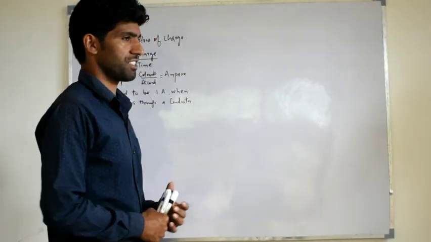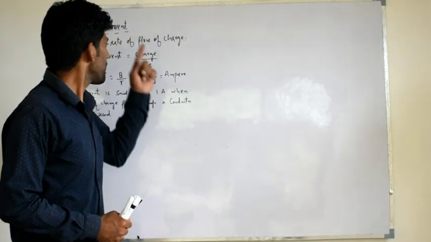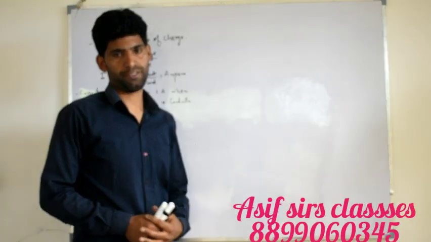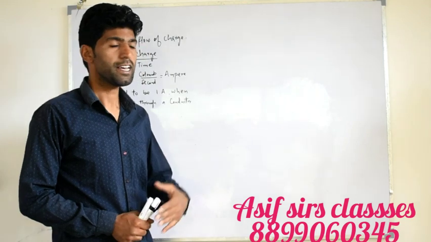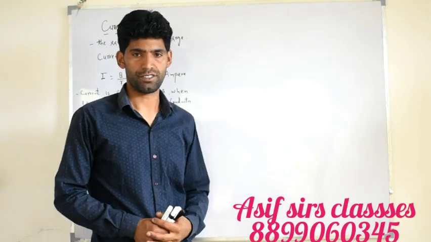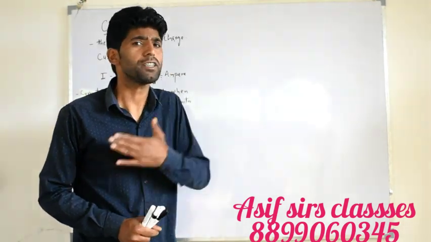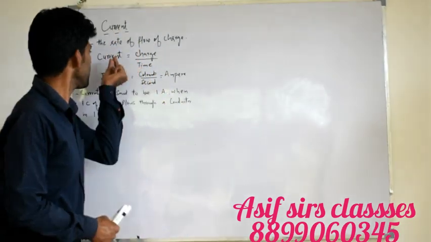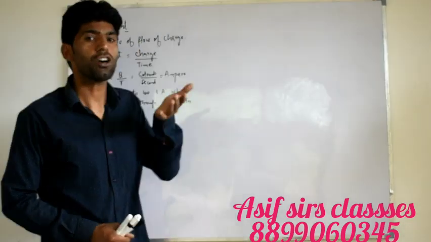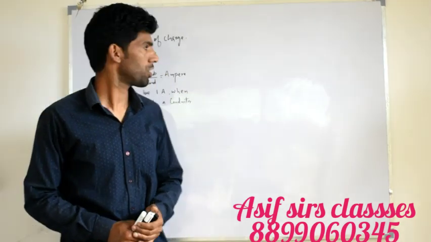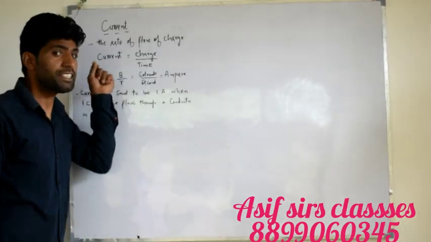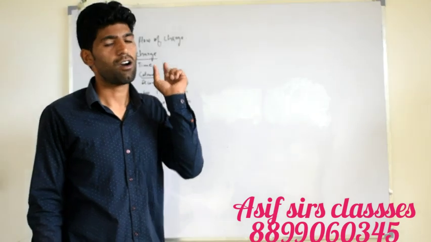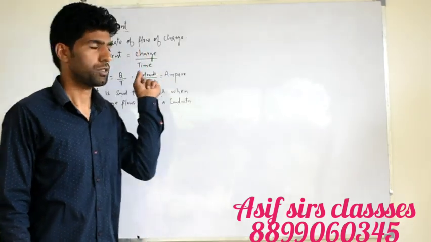So far as current is concerned, it is defined as the rate of flow of charge. Or we say it is the speed of charge. Current is written as current is equal to charge per unit time. Current is denoted by the letter I, that is equal to Q divided by